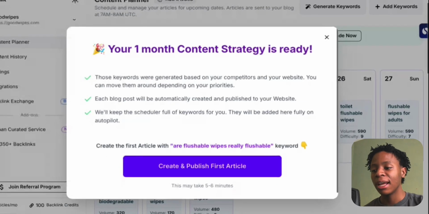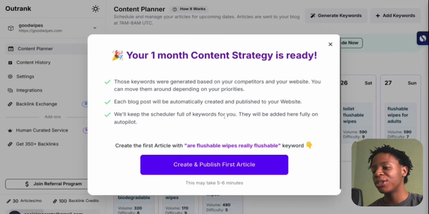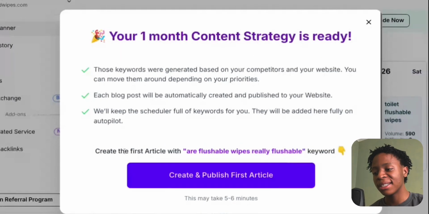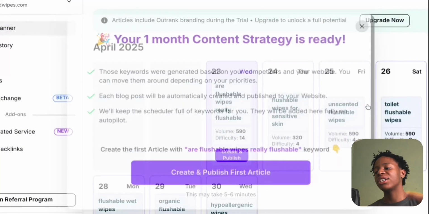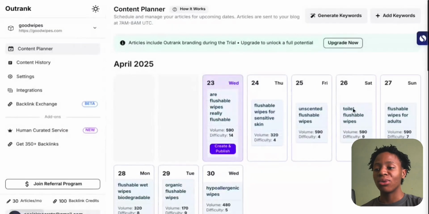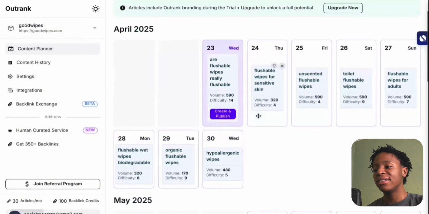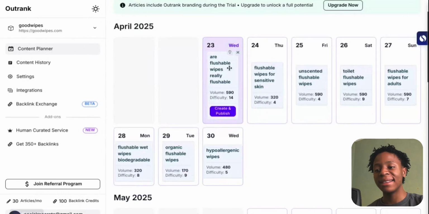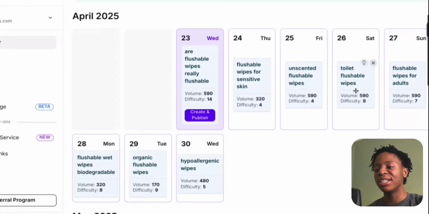You can see, but before I exit this page, you can see that the first keyword it's recommending to us is "are flushable wipes really flushable?", right? And if I were to click here, it will automatically generate that. But in this case, I just want to show you how you can generate it on the actual content calendar itself, right? And as you can see, for the entire remaining days of April, we have the following keywords: